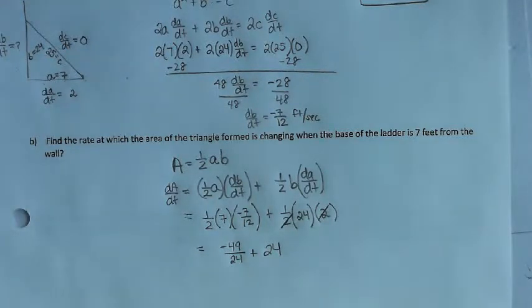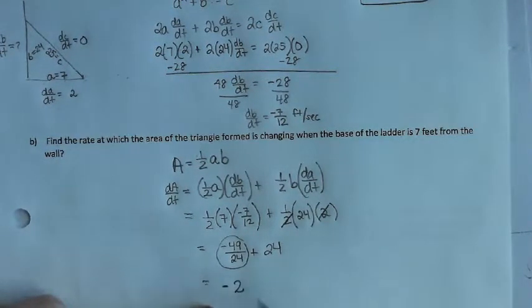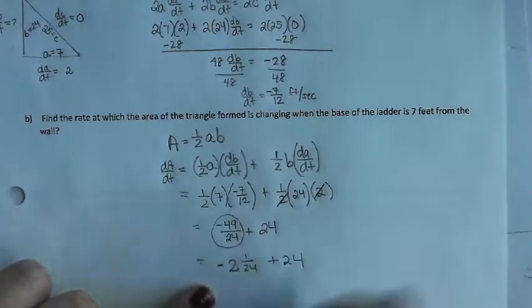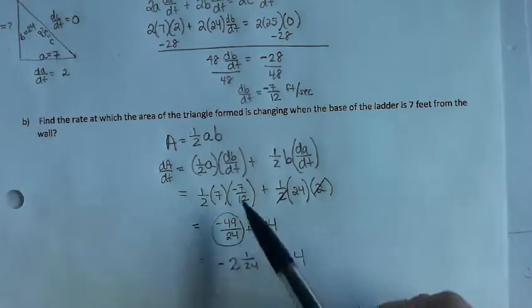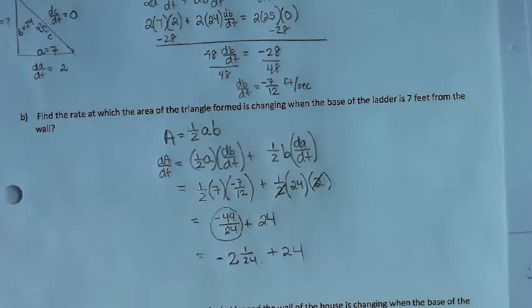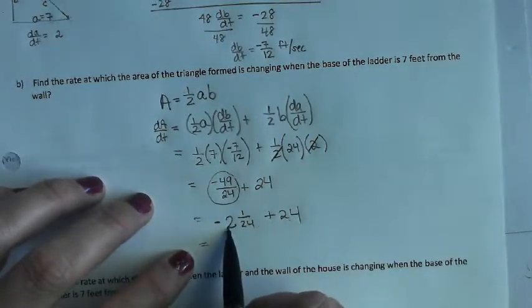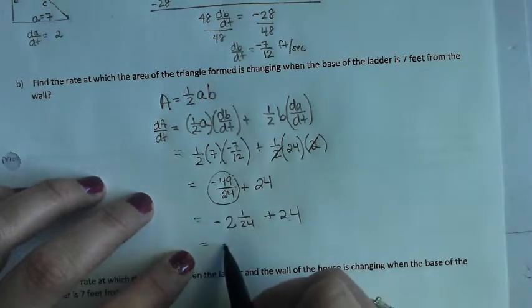And if I wanted to, couple things I could do here. I could change this to negative 2 and 1/24. You follow that? I think that's easier than getting a common denominator in this sense. 24 goes into 49 twice with 1 left over. So that's negative 2 and 1/24 plus 24. So essentially, 24 minus 2 brings me back to 22. Minus 1/24 brings me to